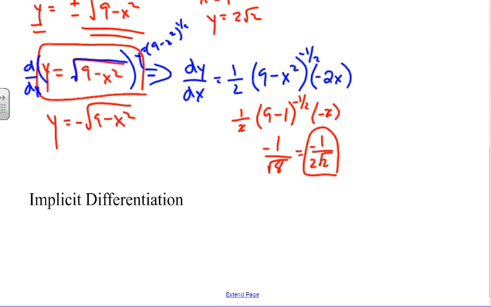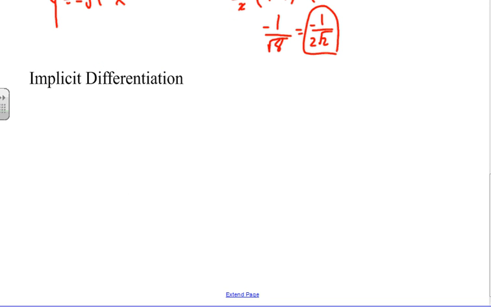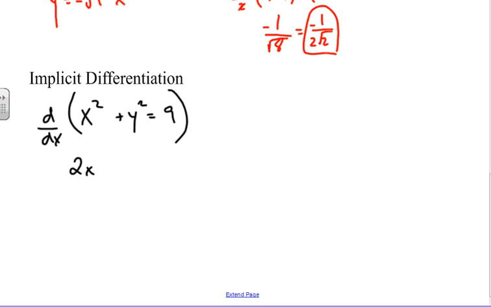implicitly. When we use implicit differentiation, we're actually going to just take x squared plus y squared equals 9, and we're going to take this entire equation and take its derivative with respect to x. To do that, we're going to take the derivative of x squared with respect to x, so that's going to be 2x dx dx, which is going to be 1, plus 2y